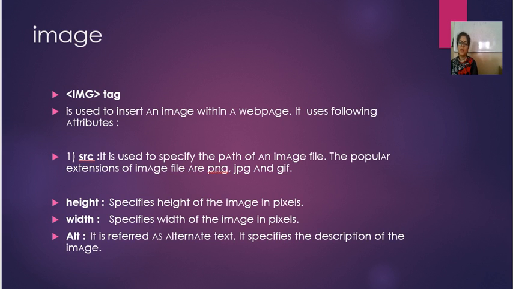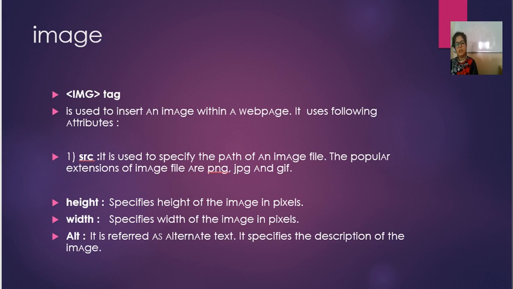HTML provides us the facility that we can make use of this tag to apply different types of images on the web page. If you have to apply an image on the web page, it is mandatory that you must know the source of the image. Source of the image means the path of the image, because you have to attach the image. In this tag we also have to study different attributes of the image tag. Attributes means the properties of the image tag.